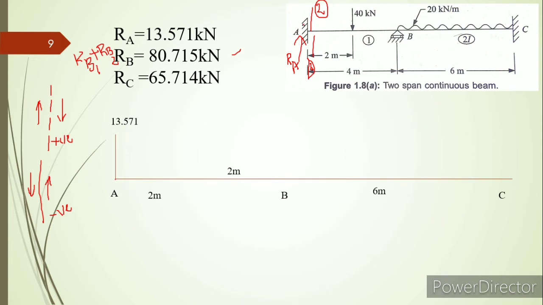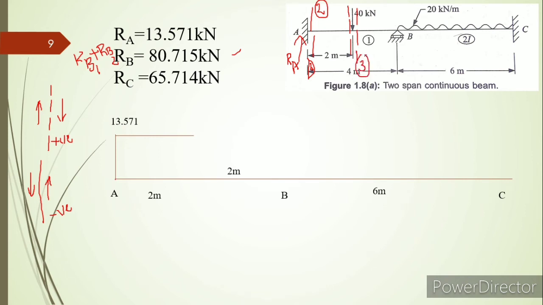Then up to this load there is no external load acting, there is no reaction, there are no vertical loads. Therefore up to this load, up to this section, the shear force will be the same, and it is a straight line. Then consider the next section just to the right of the load.